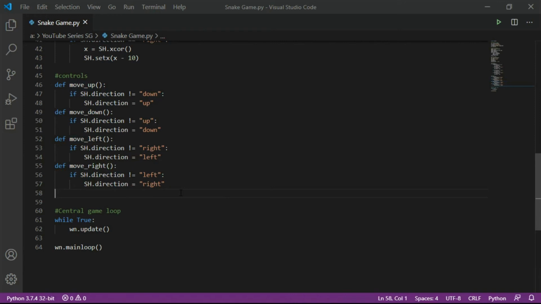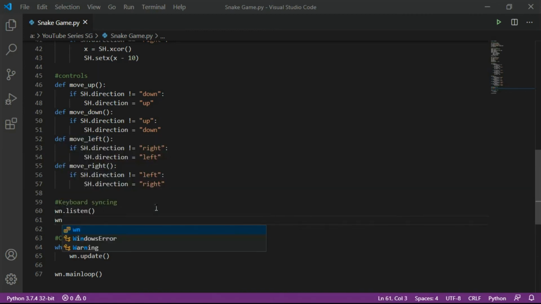So let's create keyboard syncing. Let's write down something to make it understandable what part of the game code we have written over here. So I'm going to write keyboard syncing, keyboard connecting. So let's call the variable of the window, wn.listen. It is going to listen for input, and that is wn.onkeypress. You can use onkey or onkeypress, anything you like. Onkeypress